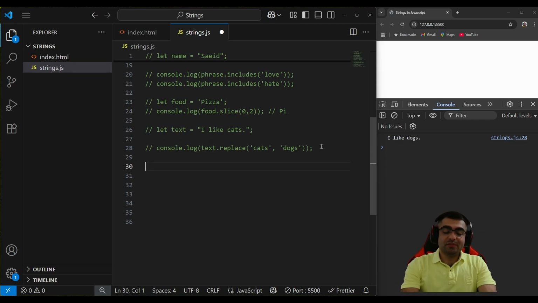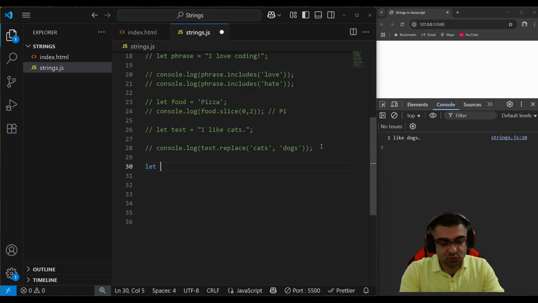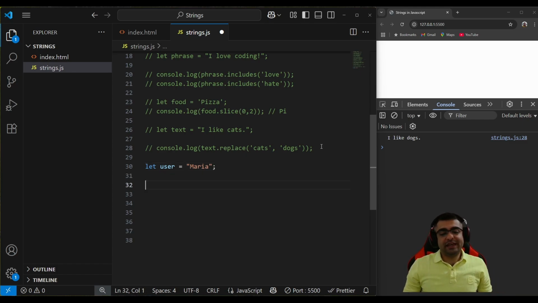and imagine that we want to say hello to a user. And since the user's name changed, we want to do it dynamically. So here we need to first store the user's name in a variable, Maria, for example, and then we have two solutions for that. First one is to use string concatenation. So, for example,